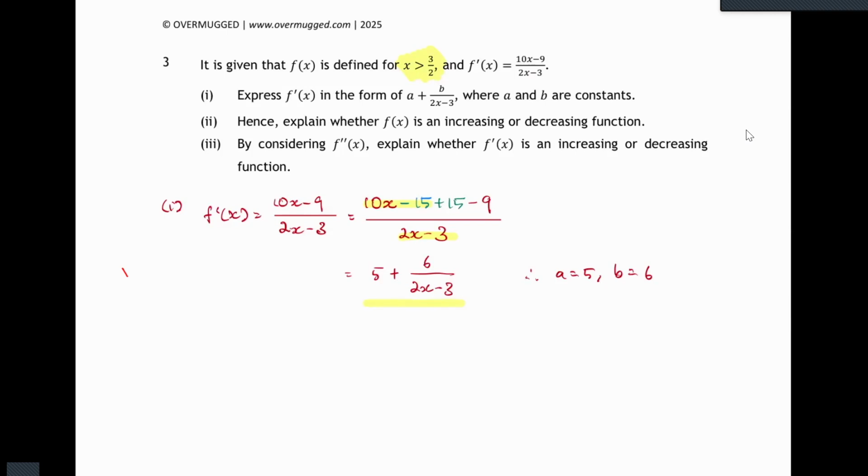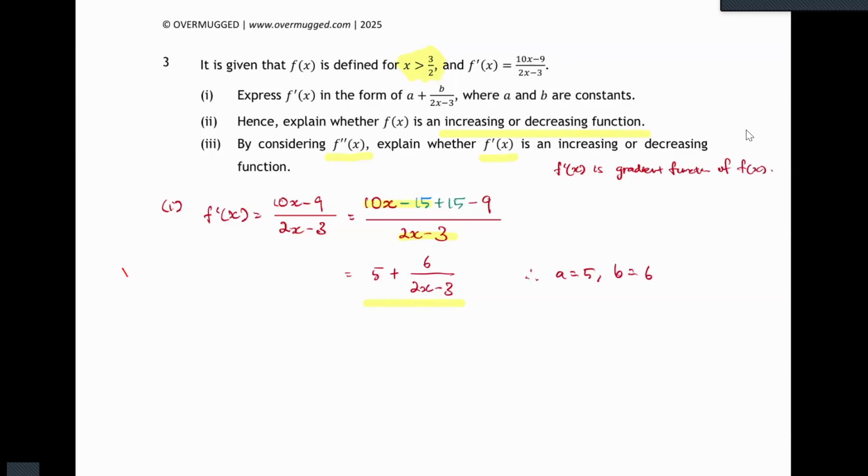For the gradient function, how does it affect the gradient function? Does it cause f(x) to be strictly increasing or decreasing? 1 minute I'll go through, then we repeat the same for f''(x). When we analyze f''(x), we are trying to analyze whether f'(x) is an increasing or decreasing function. Because f''(x) is the slope of f'(x). So in case anyone is confused, I write here, f'(x) is the gradient function of f(x).